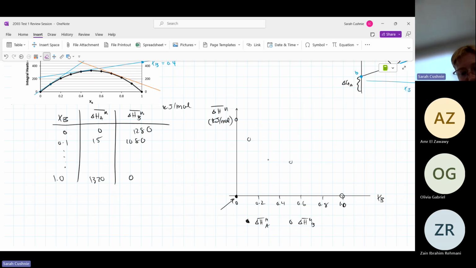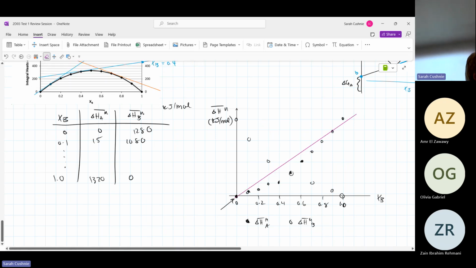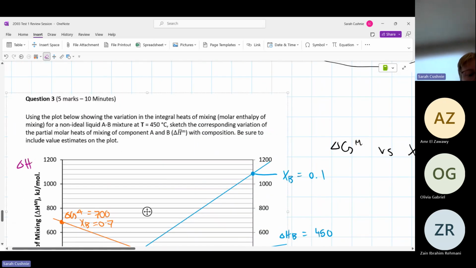Oh, I'm doing a bad job. Obviously, I had points for every line, but I'm kind of too lazy to draw that. It looks something like this. And what we can see here, it didn't actually ask us to talk about this, but we can see that it's not going to be a straight line. That's going to be a little funky, and we know that because it says it's a non-ideal liquid. So we're going to have this enthalpy of mixing.